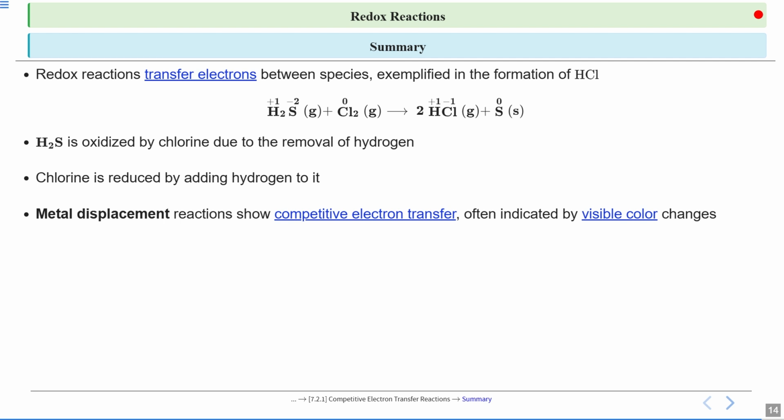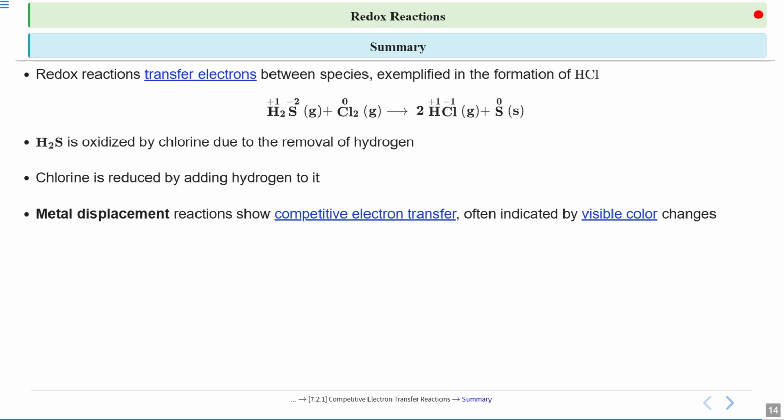So what was the visible change? As in the first example, you saw that the intensity of blue color faded, while in the other one, the intensity of blue color increased. So that was showing some kind of reaction that has taken place. So we can say that displacement reactions, or mainly metal displacement reactions, can also be considered single displacement or substitution reactions, which are the most important type of redox reaction.